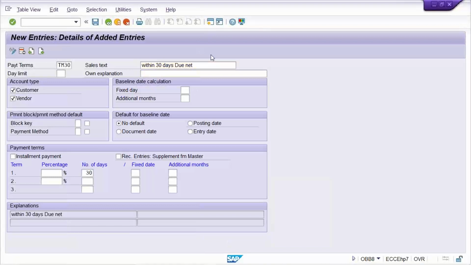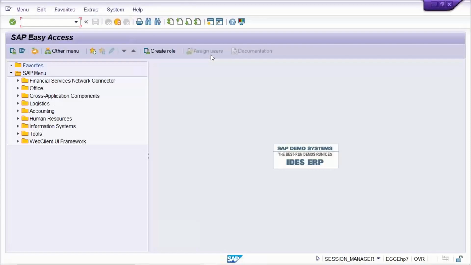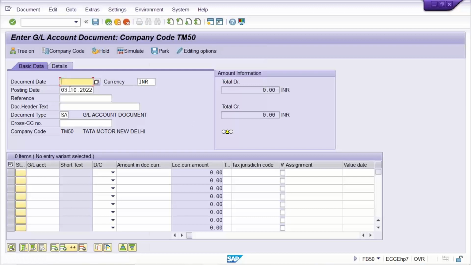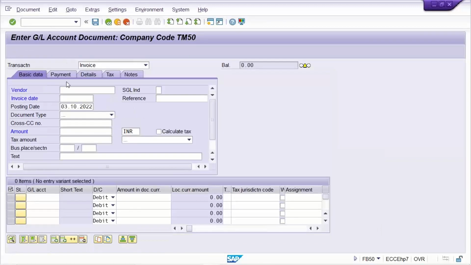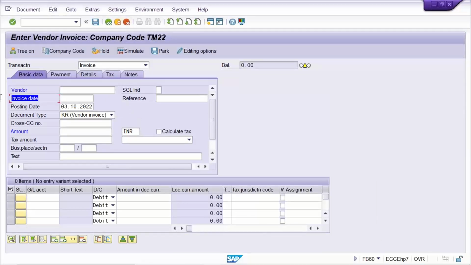when you talk about transaction posting. Right? So here, if you go to FB50, look at here, we have document date and posting date. Likewise, if you go for FB60, in the sense we have to post the vendor invoice, right? There the same document date will be there. The field name is going to be changed. Instead of document date, SAP says it is invoice date. So that is nothing but document date itself. FB60. Look at here, invoice date. Okay. So this invoice date was earlier